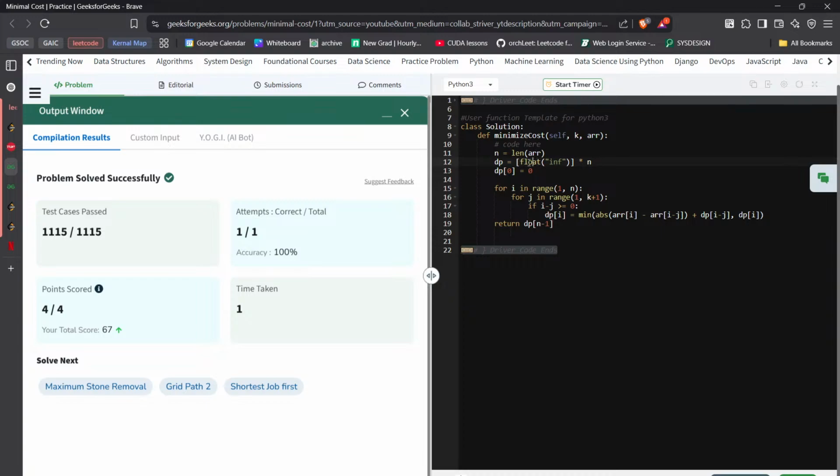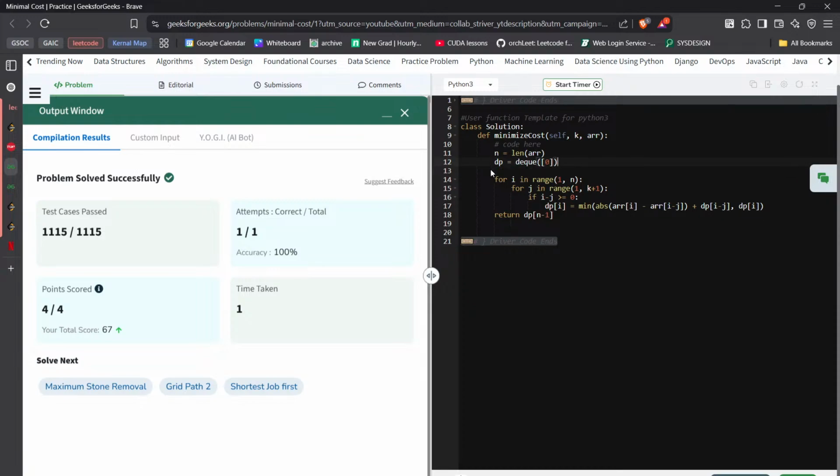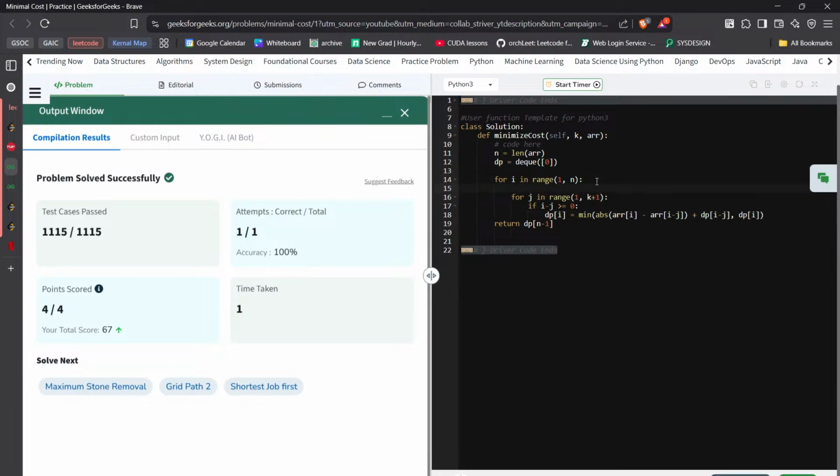Okay, so instead of this dp, I'll include dp as a dq which has currently just one element 0, so I don't need to explicitly mention that first element of dp is 0. Now that I have a dq, I'm doing the same thing here. If I minus j is greater than 0, only then. Instead of dp of I, there's nothing at dp of I, right? So for every I range, I'm taking min value. I'll keep it as float of infinity